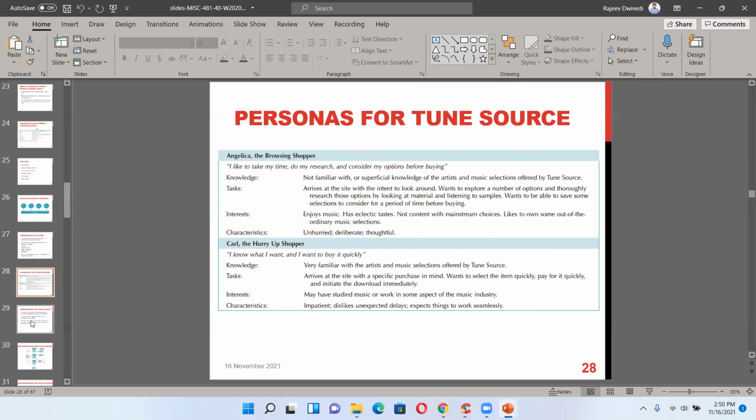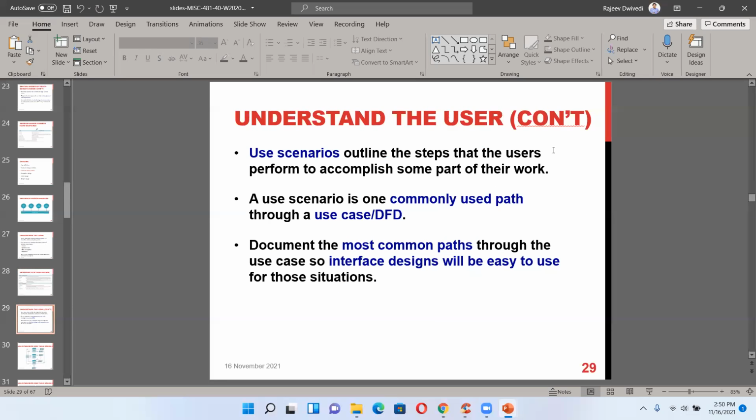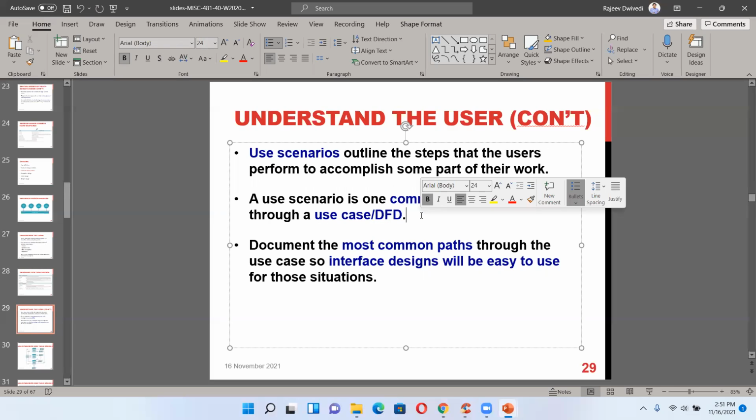So, understand the user: use scenario. Outline the steps that users perform to accomplish some part of their work. So basically, use scenario: think about Carl, think about Angelica, think about other behaviors too, and outline the steps they perform to do the task. A use scenario is one commonly used path through the use case or DFD.